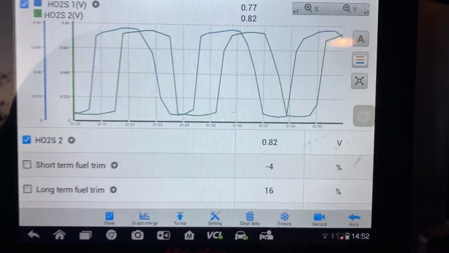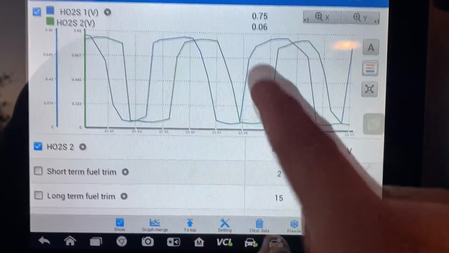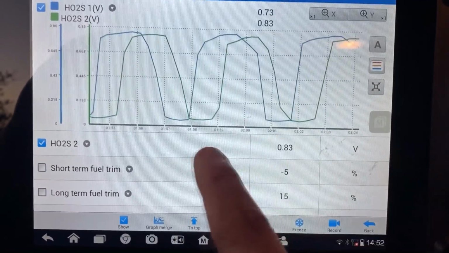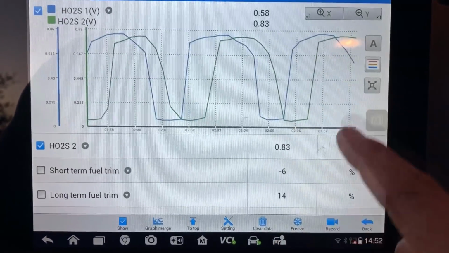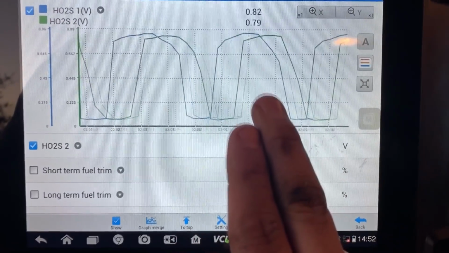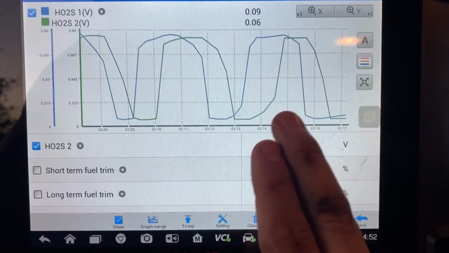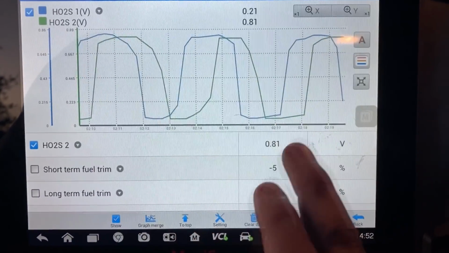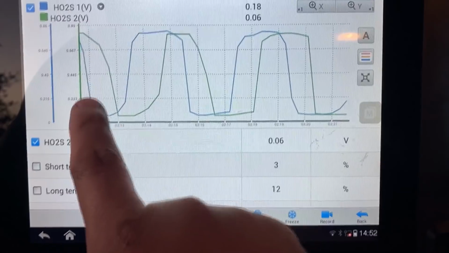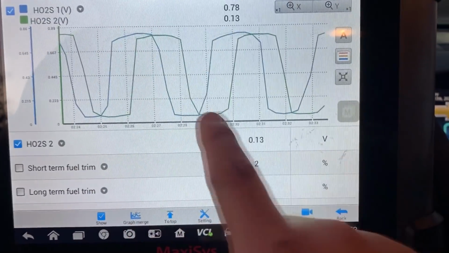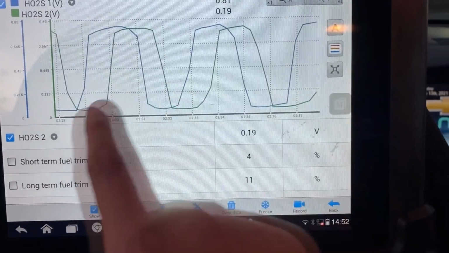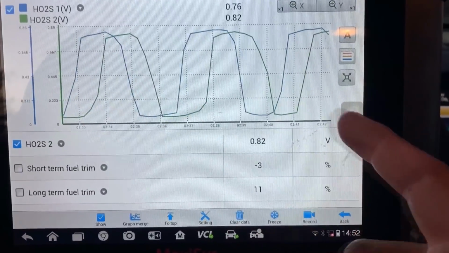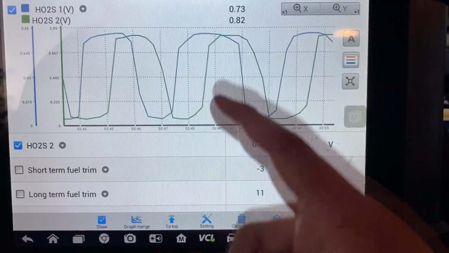Now, if you guys look, we're almost pretty much exactly the same. When the blue line is going up, you'll see the green line going up. We have these humps that are almost matching. They're just too close in time. Really what we want to see is much more of a delay on this green line. You know, for every 2 to 3 humps of the blue line here, you should see 1 hump of this green line. Hopefully you guys understand what I'm trying to explain, but essentially when the downstream sensor is switching at the same rate that the upstream sensor is,